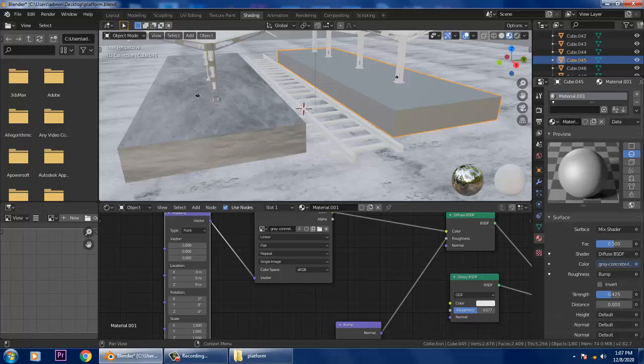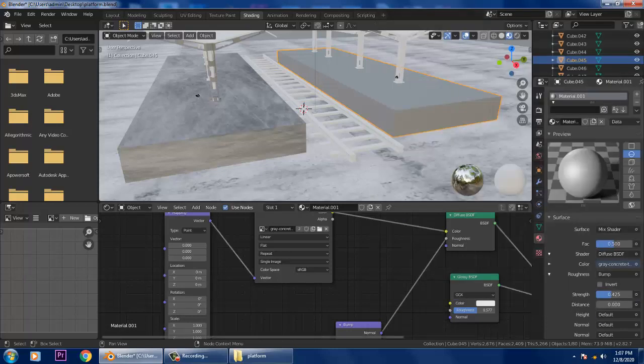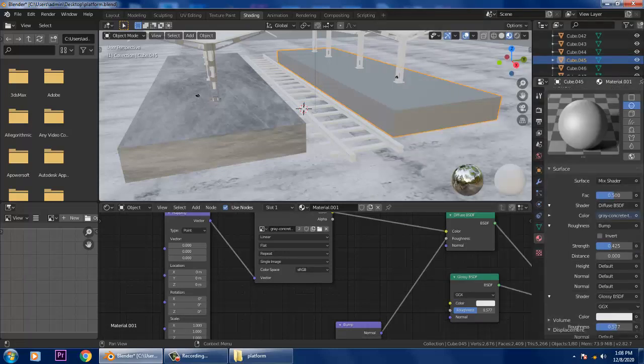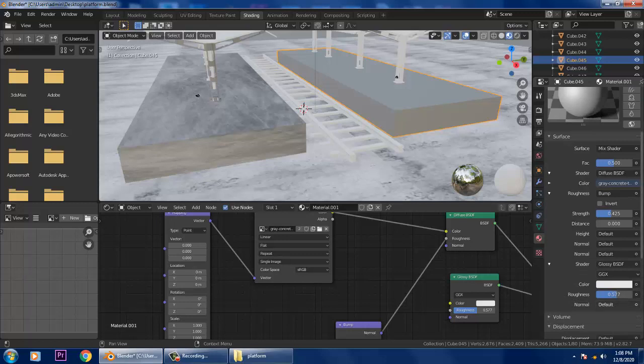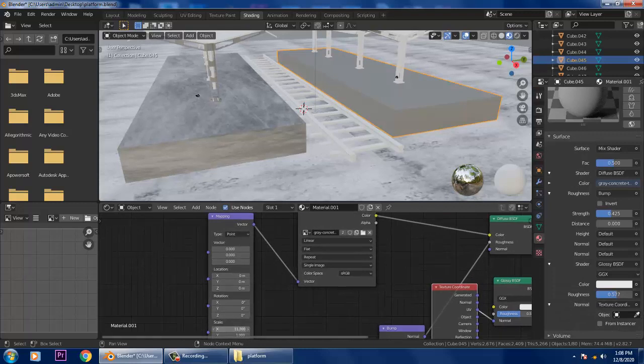You can work with this bump. And height, if you want to add something, you can easily add it over here for the roughness. You can go with that.